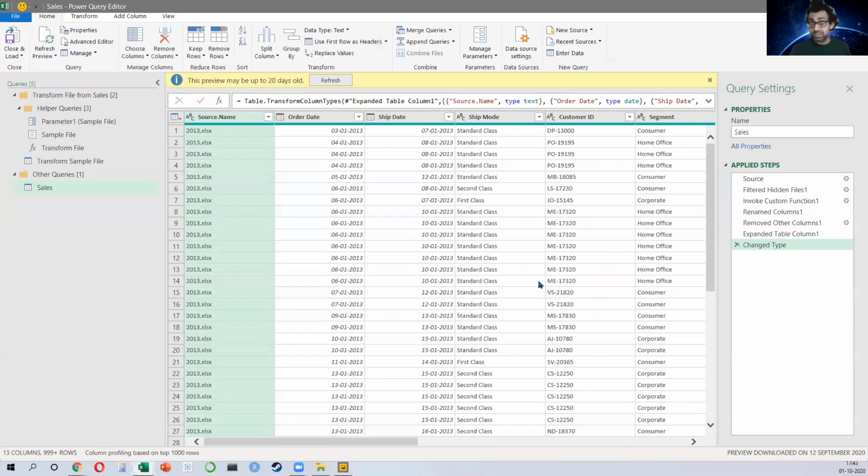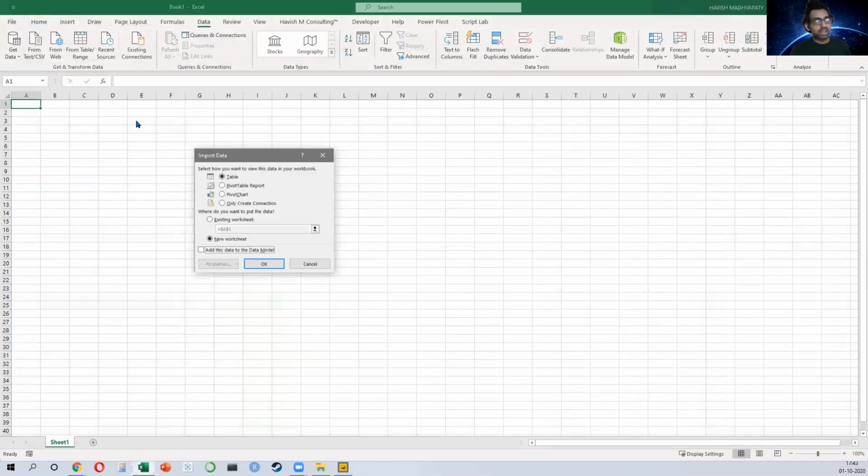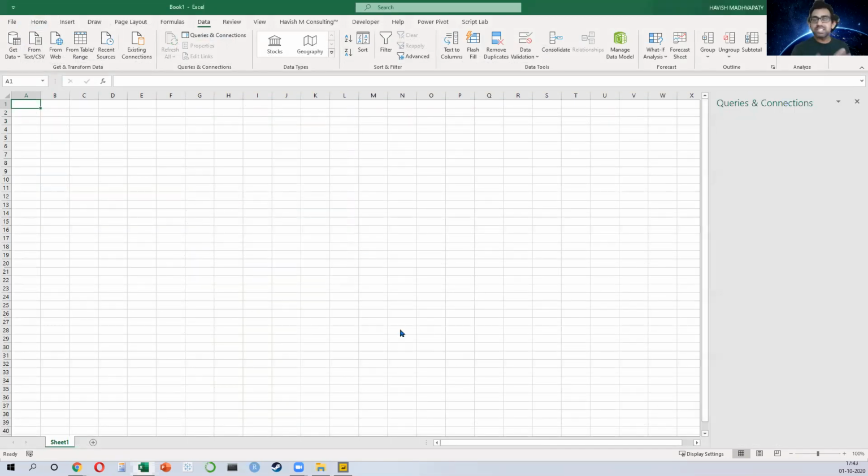Now watch the steps very carefully. This is a little technical, but you have to learn all this. If you want to become an advanced Excel user, then you have to know all this. I will click on close and load, and I will close and load to a connection, right? So I'm not just taking the data and putting it on Excel as a copy paste. I'm just loading it as a connection. And you will see in a minute why that is important, right?